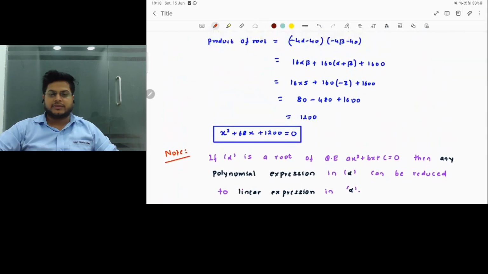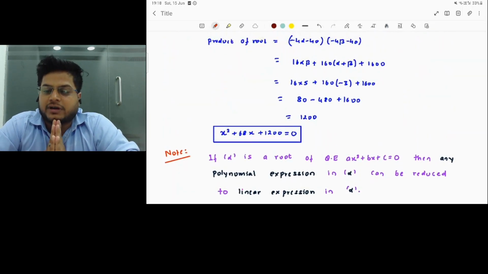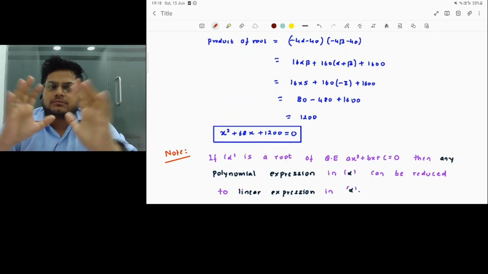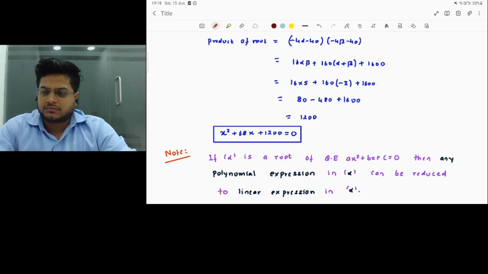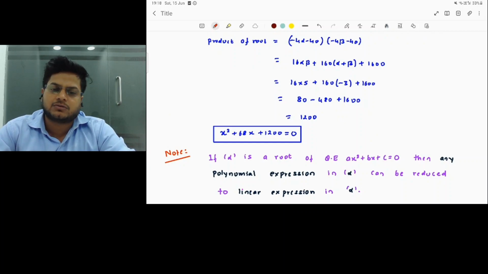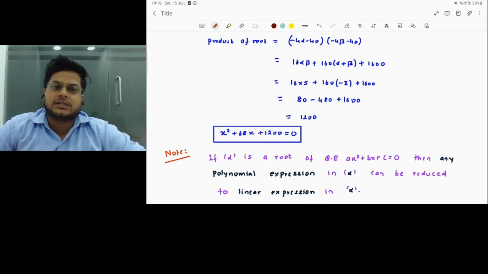Now see here, basically what we have discussed so far is the introduction, then we related the roots and the coefficients, then we discussed the difference of the roots, and now we have seen the evaluation of the quantities which are symmetric in alpha and beta, like finding the value of the expression symmetric in alpha and beta. Then we discussed that any polynomial expression in terms of alpha and beta can be reduced to a linear expression. Now the next topic that we are going to discuss is, imagine somebody comes and just tells you